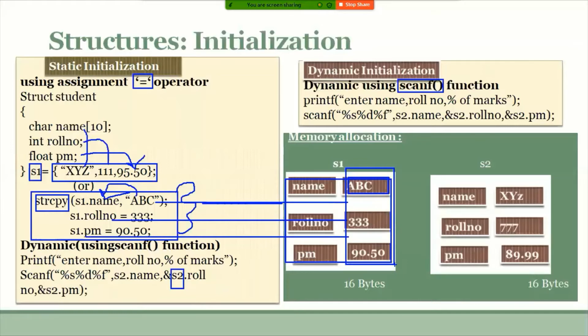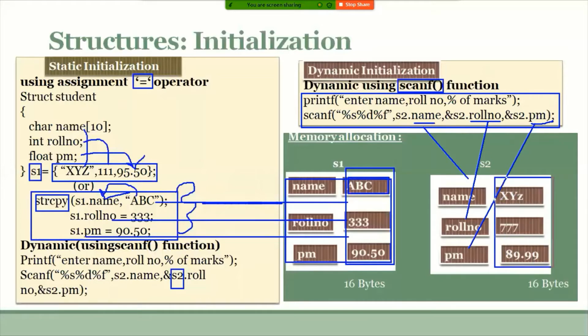If I want to change those values during program execution, that is possible with the help of the scanf function. That is, printf enter name, roll number, percentage of marks. Here values are not specified, it is asking us to enter. So through the keyboard you can enter any name, any roll number, any percentage of marks. Those will be transferred and stored in the corresponding locations.